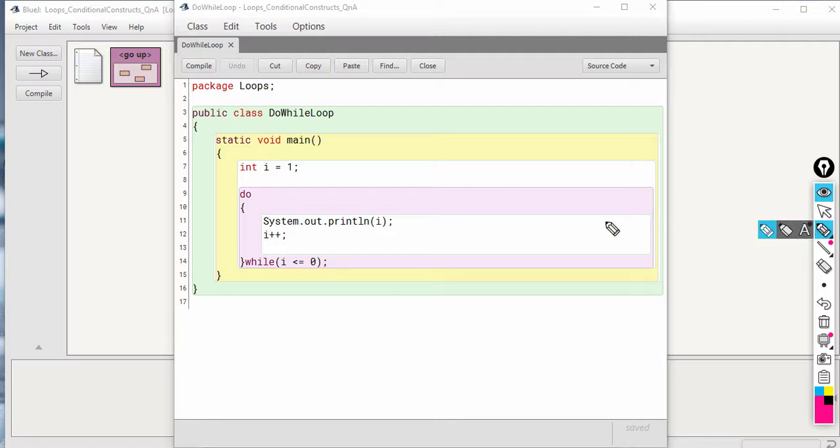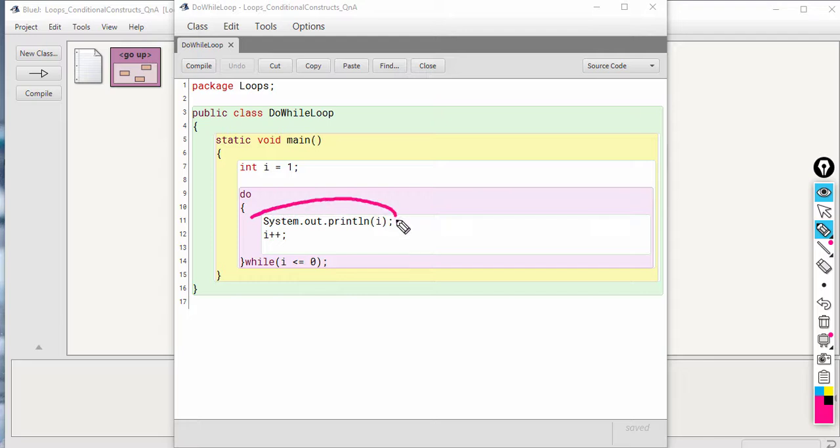Here in this loop also you will have the initialization happening before the loop body, okay? So you can see here the do keyword is there, after that a pair of curly brackets is there, and then the condition is there, okay, after the while keyword, and then it's terminated by a semicolon. So don't forget to put this semicolon while using do while, okay?